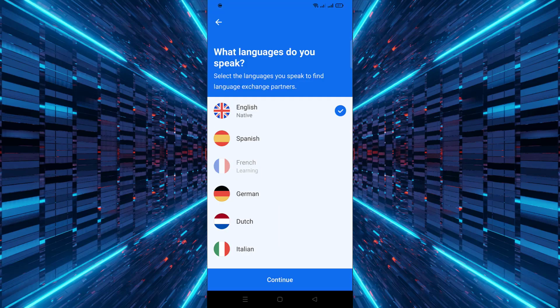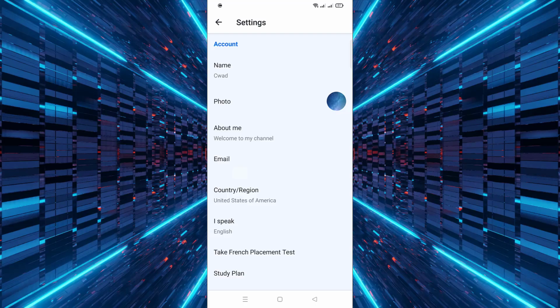A list of languages will appear. Select the language you currently speak from this list. Make sure to choose the correct language so that the app can provide the best learning experience for you. Finally, click on Continue to save your changes. Your profile is now updated with the new language you speak, and you can continue learning or practicing your language